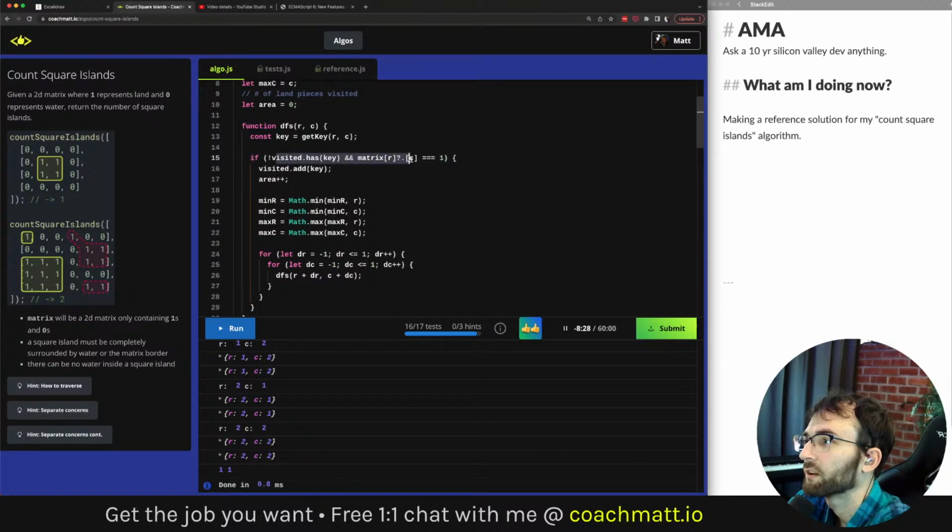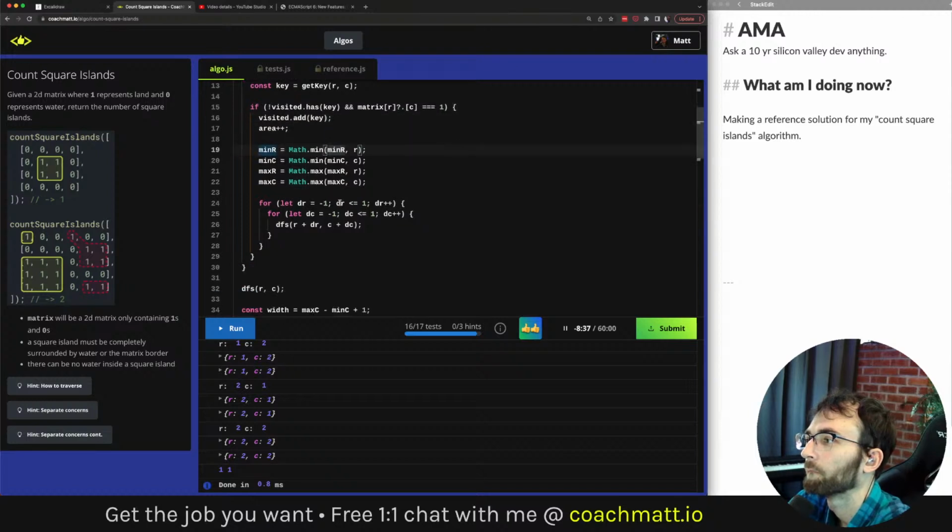So if it's not visited and this is land, okay, so visit all neighbors, including diagonals.